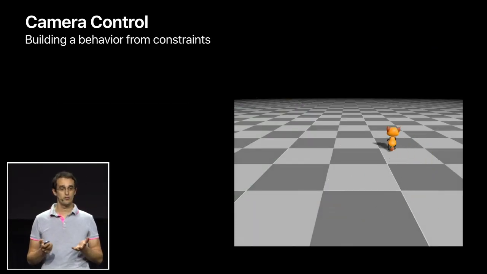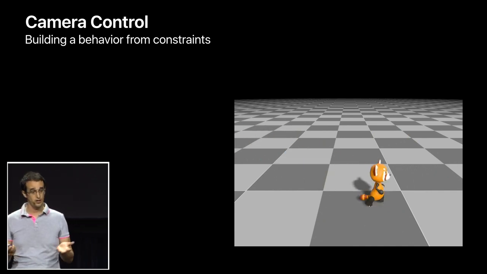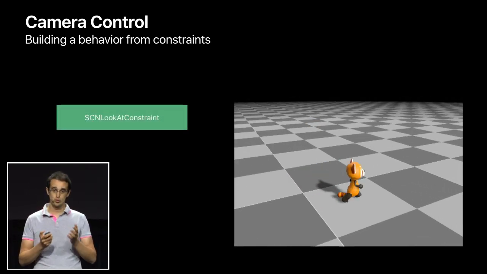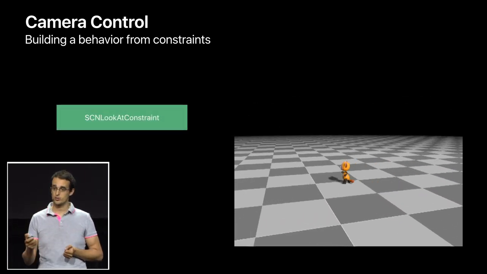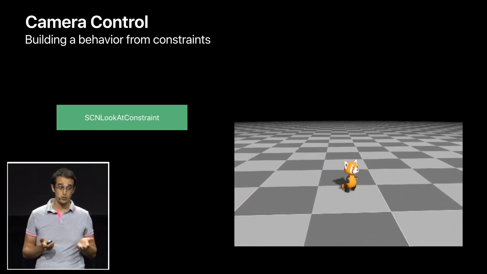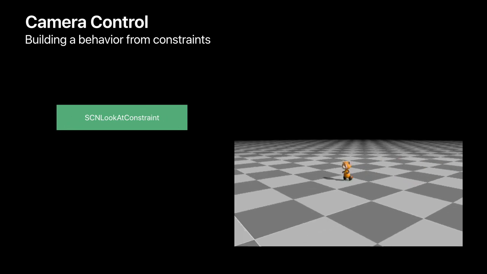So here, we have a character moving around in a scene, and the camera has no constraint yet, and is therefore static. If I add a lookat constraint to the camera with the character as a target node, I now have my camera that rotates to satisfy the lookat constraint, and the camera looks in the direction of the character.